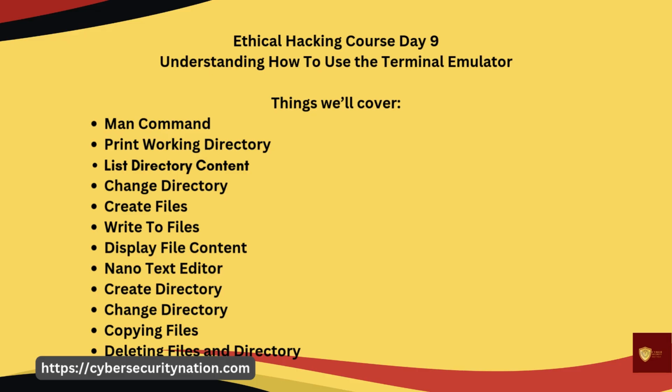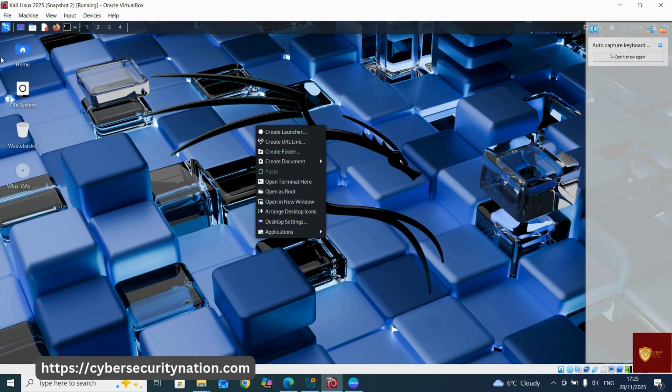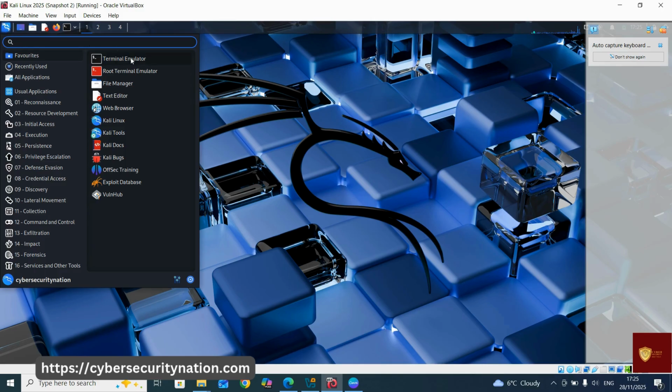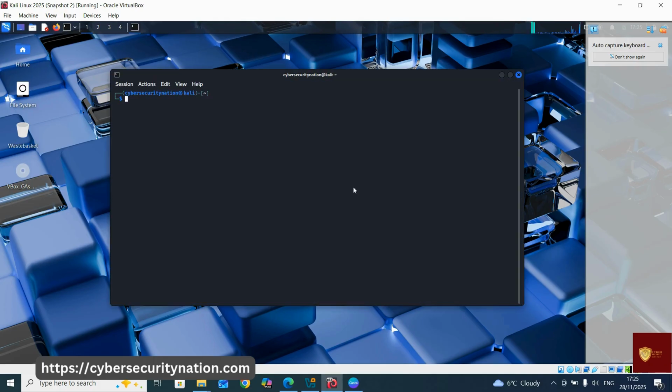So let's start the day. First, you can come here on your home screen, click on Terminal Emulator. So we're going to be running a few commands, so we get used to the Linux system that we will need in the ethical hacking